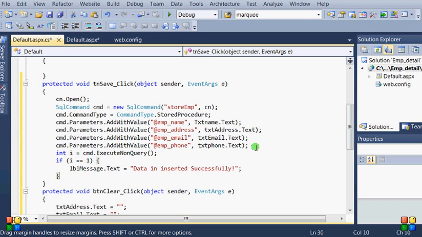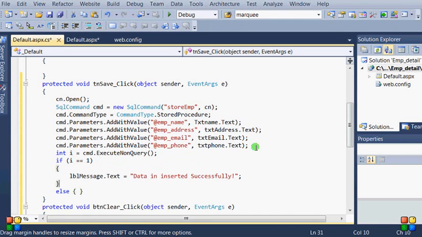And in the else, the label message text is equal to try again.